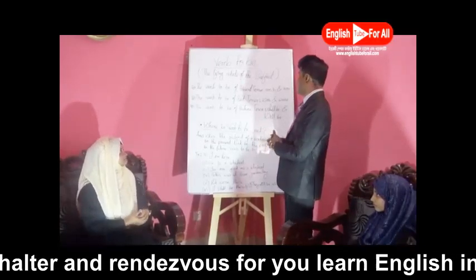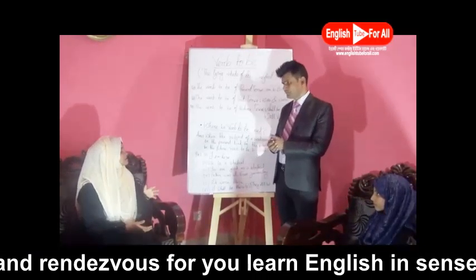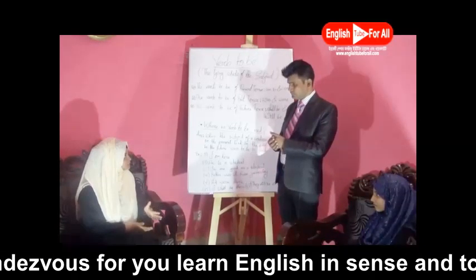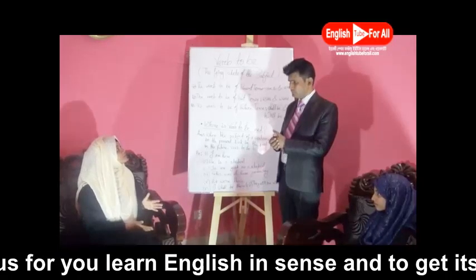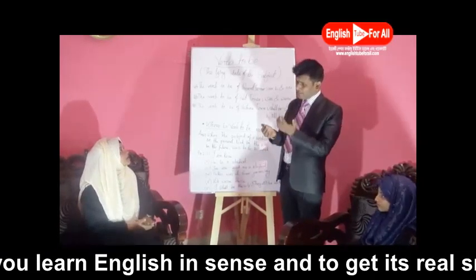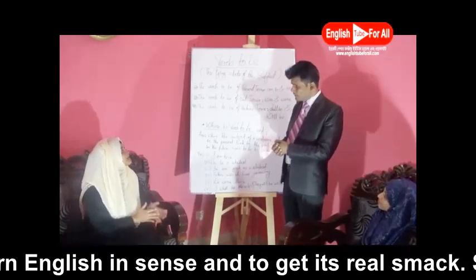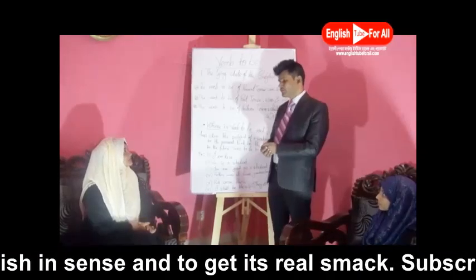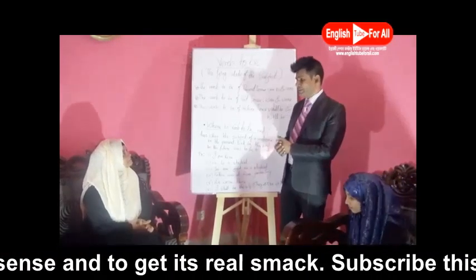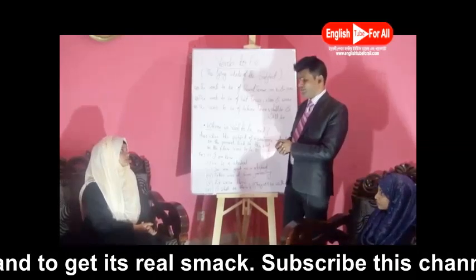Yeah, fantastic. Where is are used? Second person singular and plural number, first person plural number, and third person plural number. Yeah, are will be used. Fantastic. Can you tell me the example with we? We are here. Fantastic. With you?